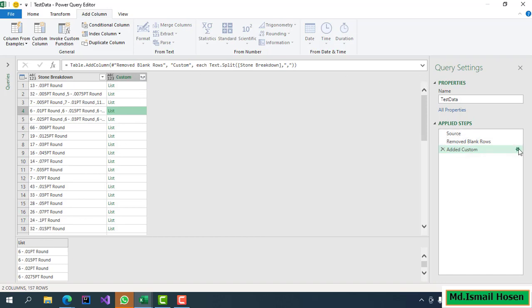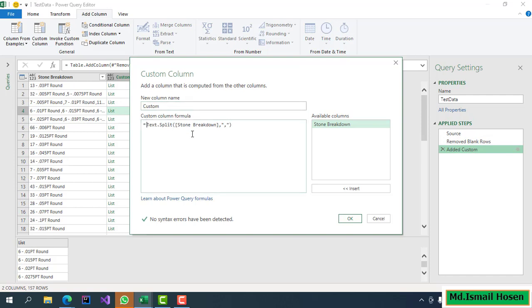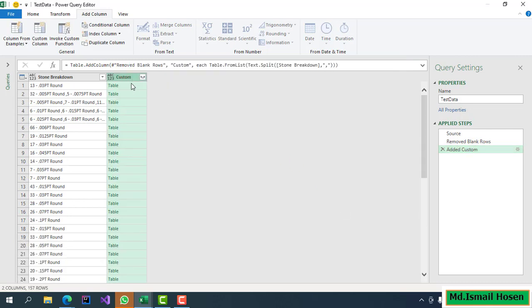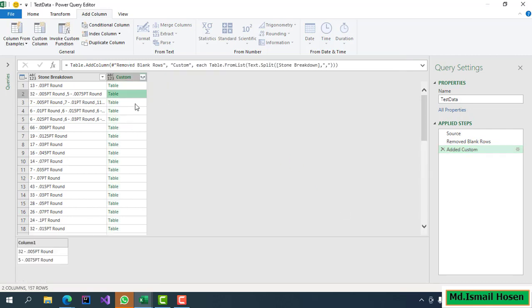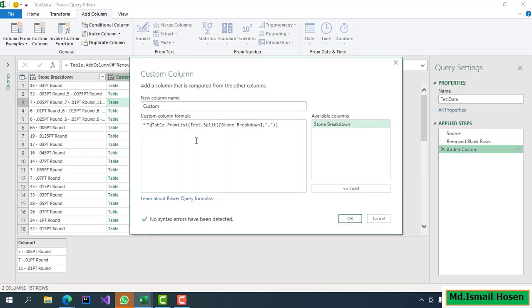So just add another function, Table.FromList. This intermediate step will return a list, and this From List function will convert this into a table, but still it's in a row, so we need to convert this to a column. In that case, we need to add another function called Transpose,